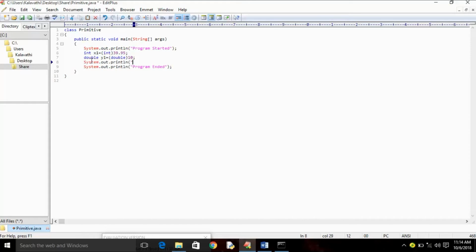Let us print the value of x1. Let us print y1 value also.